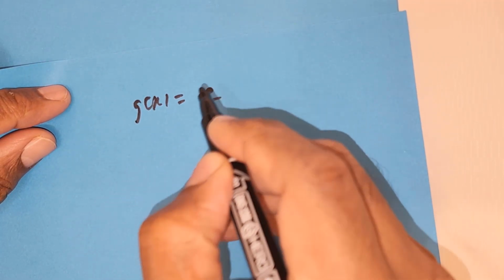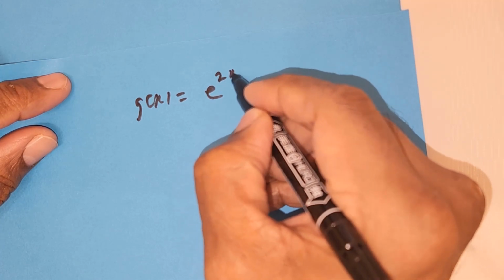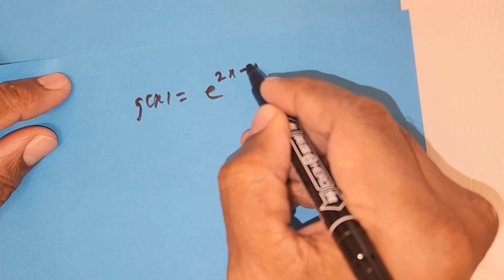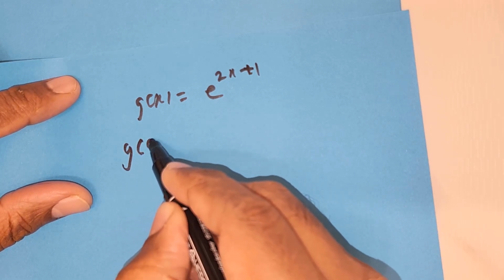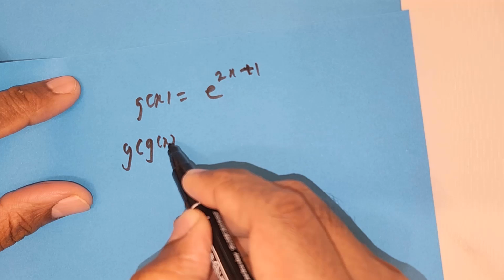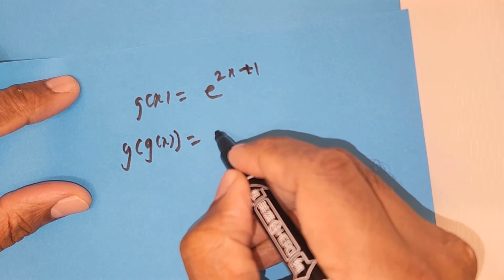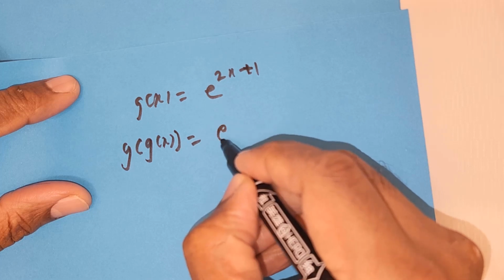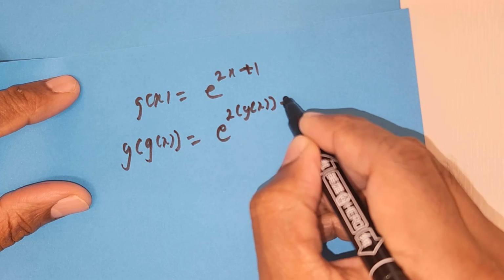g of x is given as e raised to the power of 2x positive 1. This is my g of x. Now g of x is going to be equal to e raised to the power of 2 times of g of x positive 1,